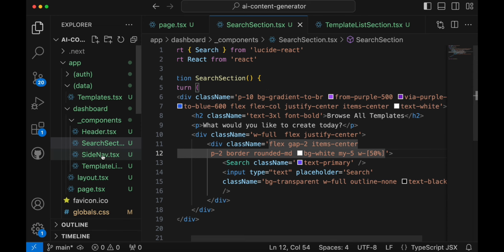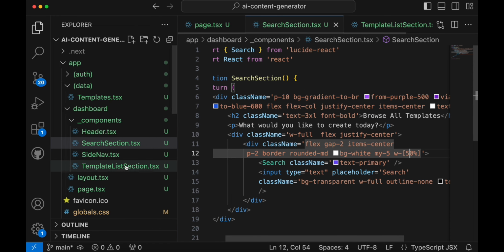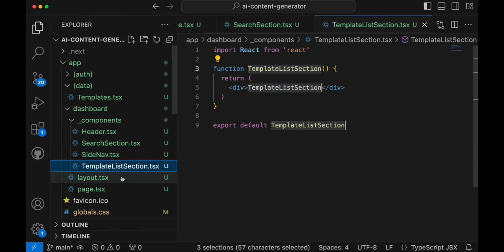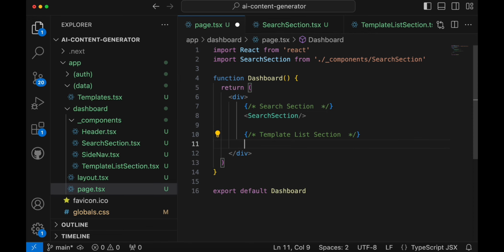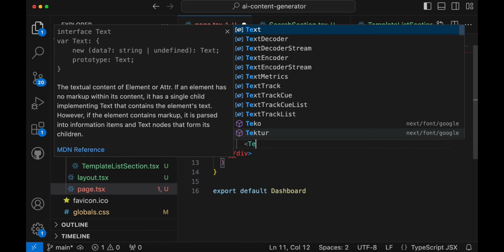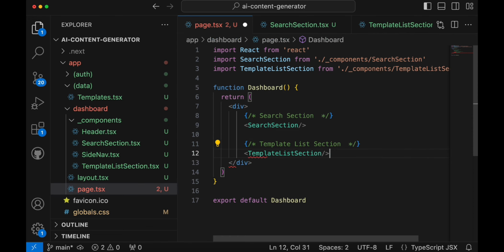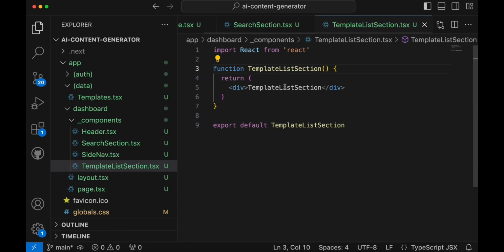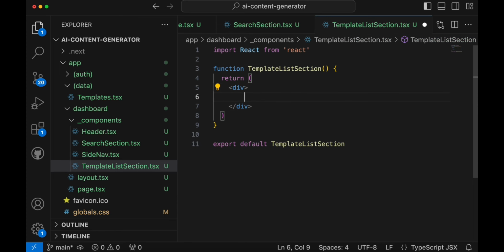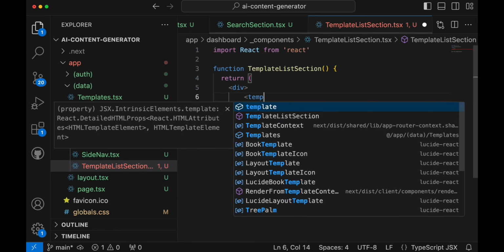Next we're gonna implement the template list. So inside the template list section, let's import this first inside this dashboard page. So we'll simply add template list section. Let's go into that one and simply we want to iterate this template list. So here we'll say